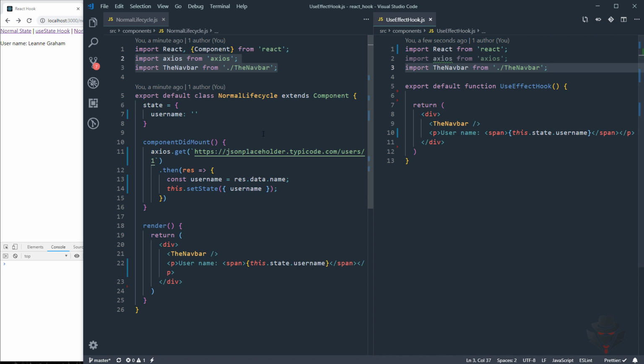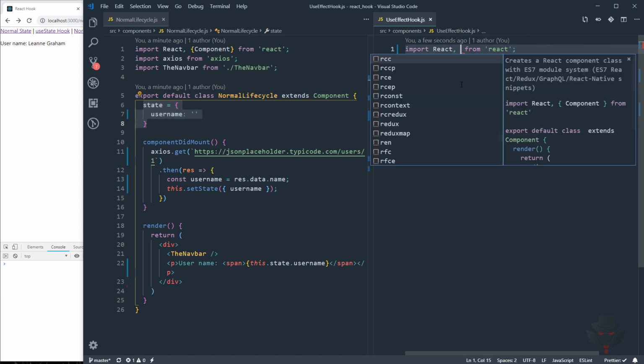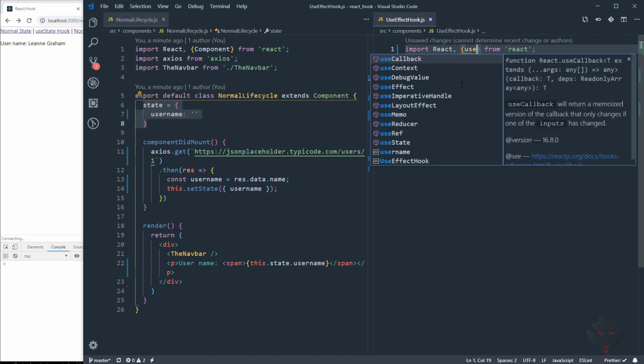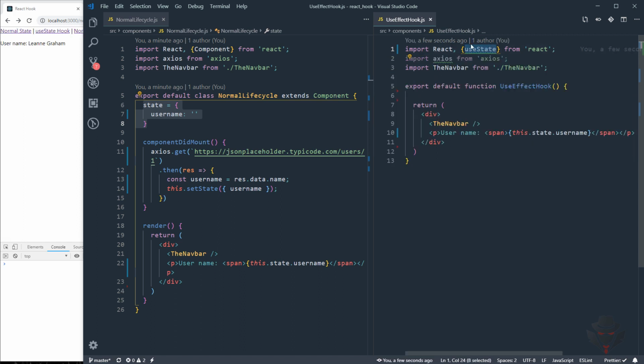So this is the original code, and we're going to rewrite it with the new React hook. So if you remember, we are going to use a state. So I'm going to bring the state as well. State hook. So it is useState. And because we are using useState, I can easily just type here